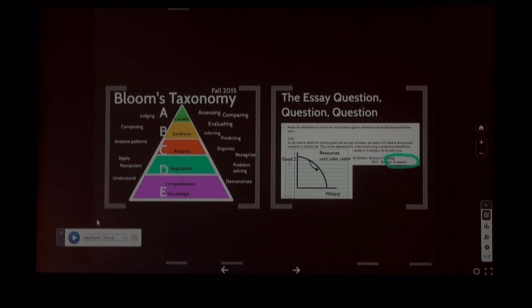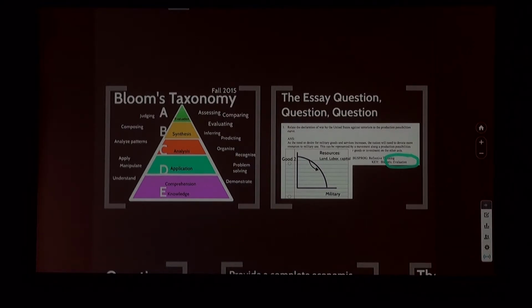Evaluation. The test bank tells you what level of thinking this is according to Bloom. Now, I don't know who put that word in the test bank. Or you were the one who wrote this question and identified it as evaluation in Bloom. So that relatively minor question, in my opinion, receives the highest ranking in Bloom's taxonomy. So you can argue with the test bank if you want.